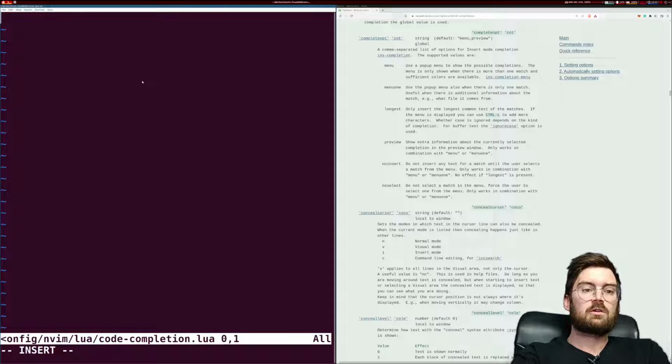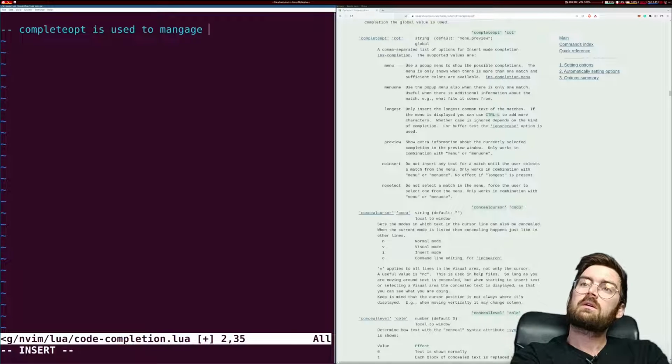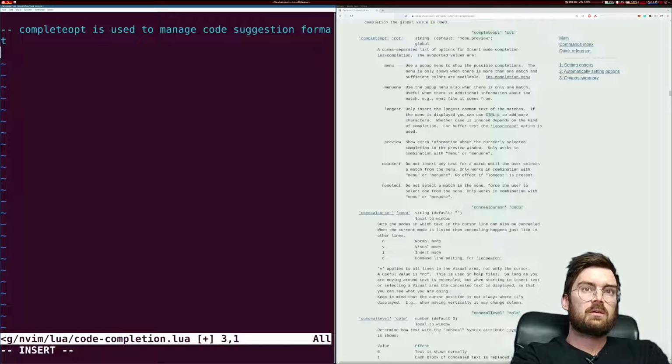And I'm just gonna go ahead in my editor and type complete opt is used to manage code suggestion format, and we're going to say vim.opt, which is the option for Vim, and complete option